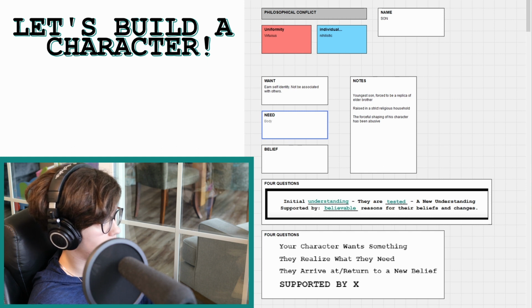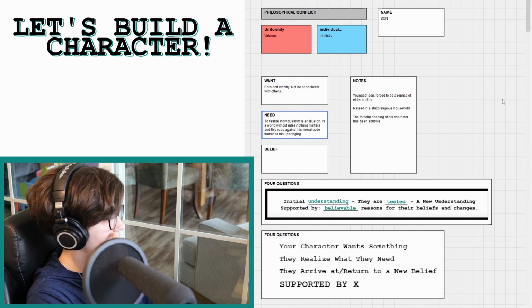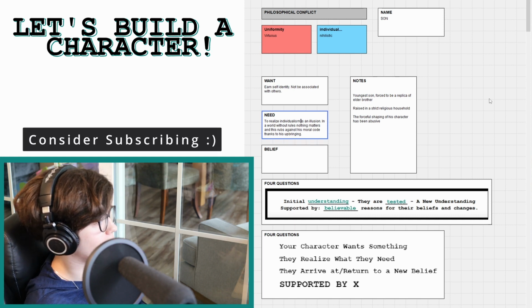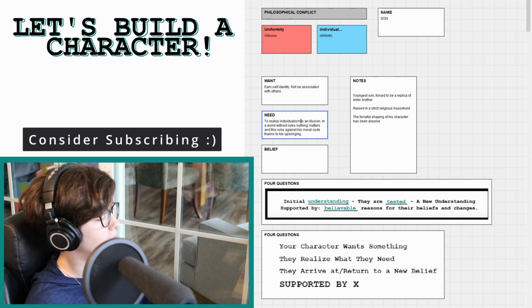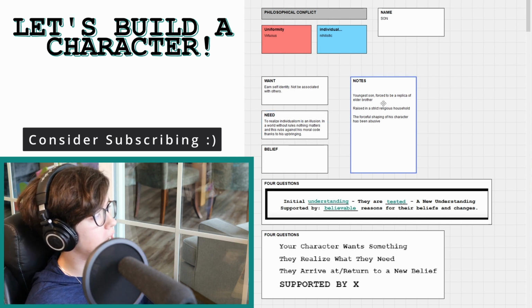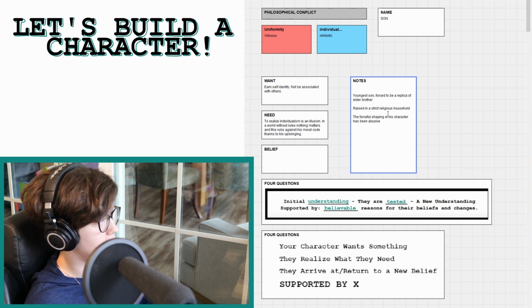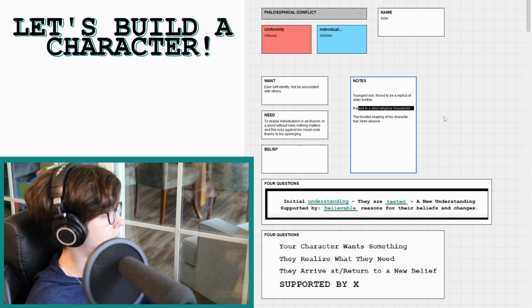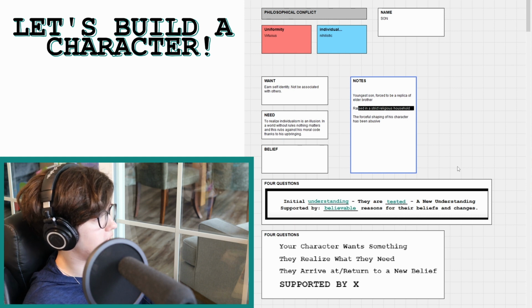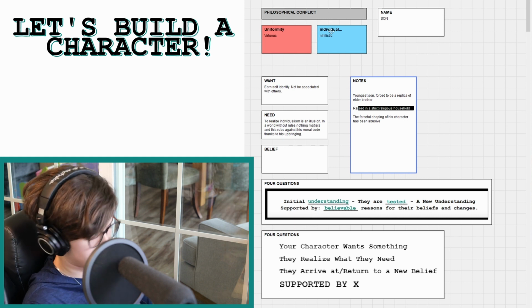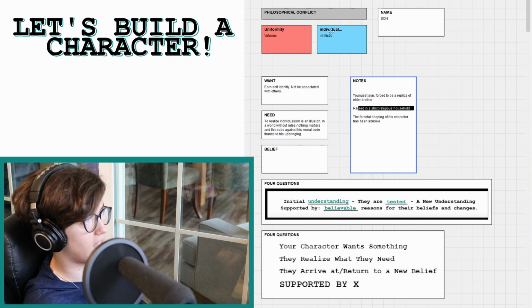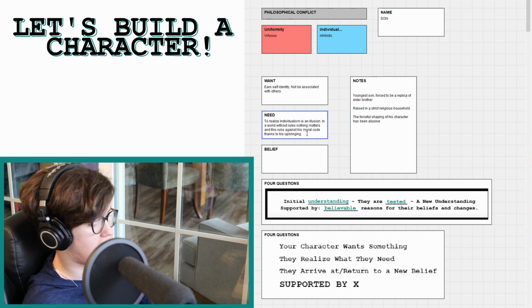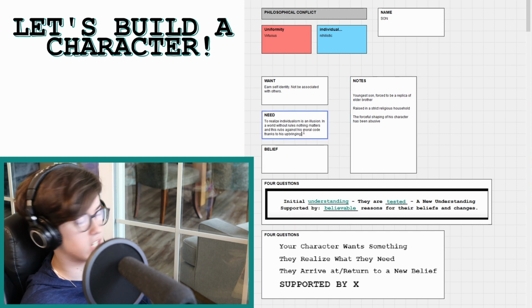What he realizes is this. What he has to realize, his need is to realize individualism is an illusion. In a world without rules, nothing matters, and this rubs against his moral code thanks to his upbringing. So because of his history, his ghost, right? His genetic upbringing was in a religious household. So if he runs off with a group of shenanigans and their entire philosophy is this individualism, then ultimately nothing will matter to them. They can do whatever they want because it's up to each individual to decide. So that is going to rub up against the genetic code in his upbringing. Something does matter because he was raised that way.